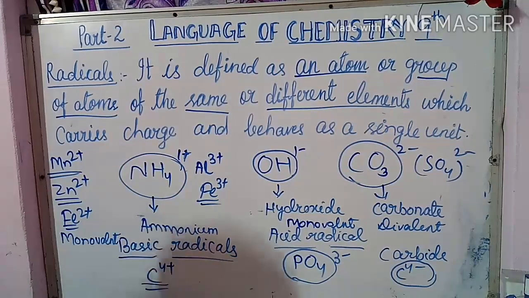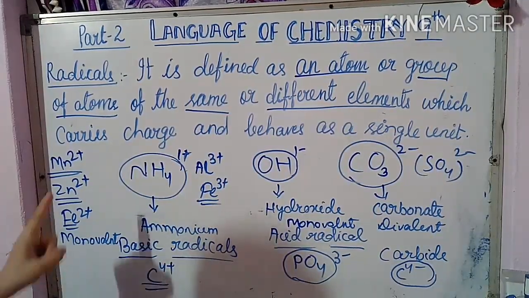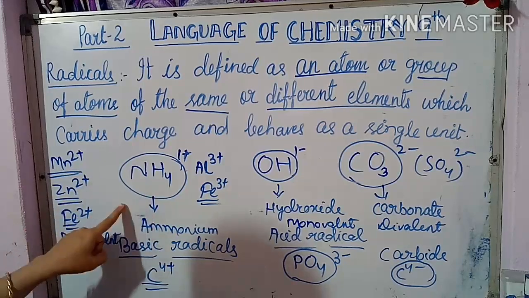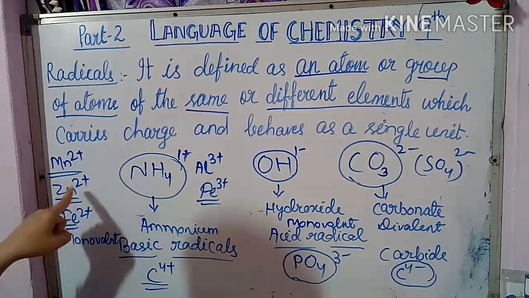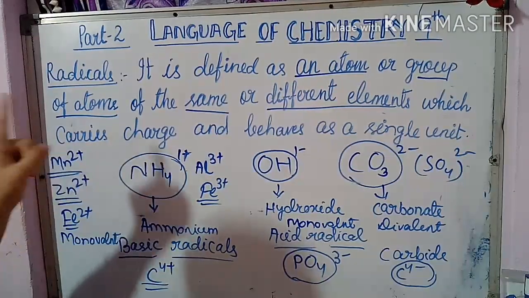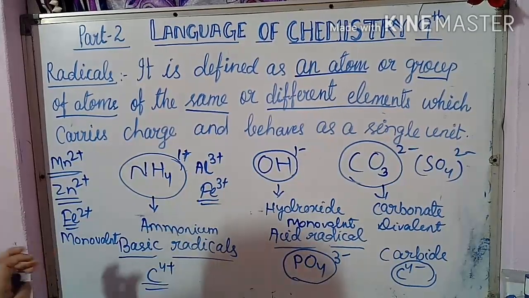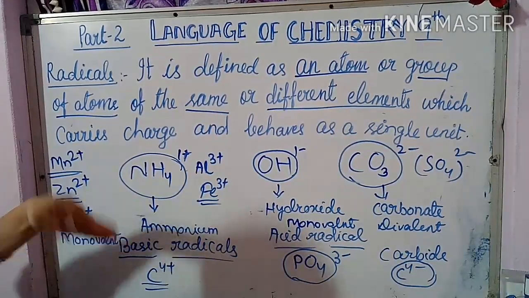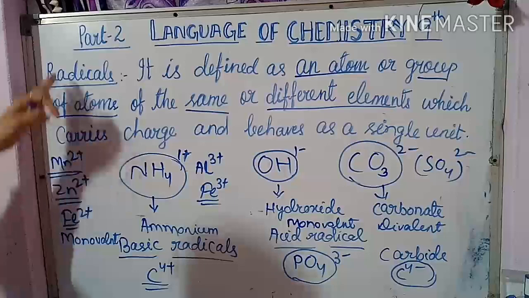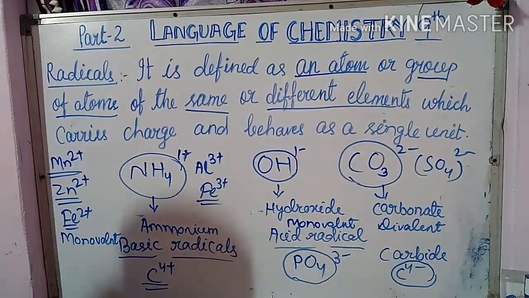Very, very important thing. As I have told in the previous period also, learn by heart all the symbols and valency of the elements. Now like this you have to remember the symbols, formulas of all the radicals and their valencies. Very, very important. You have to remember, no option is there, because on the basis of this only you can make the compound. So you have to remember the definition also, and you have to remember this table. Now go to the table.